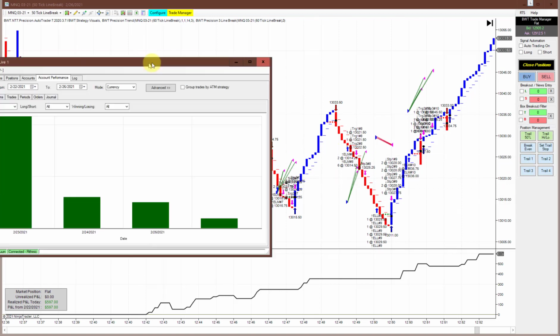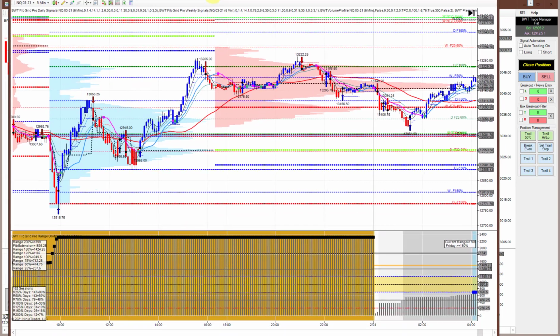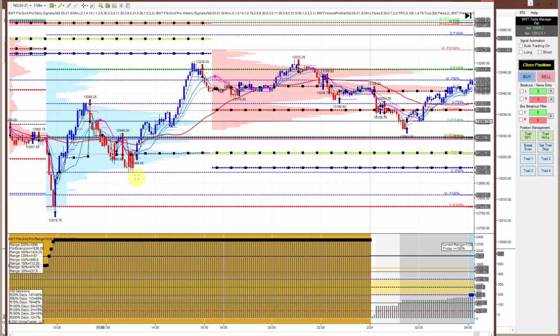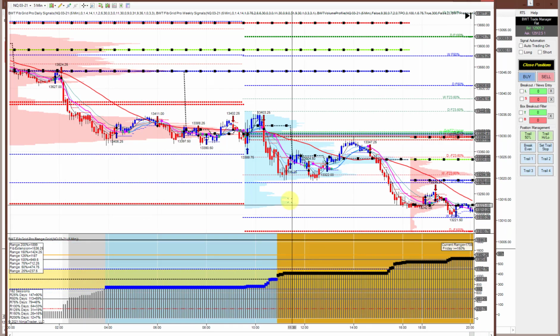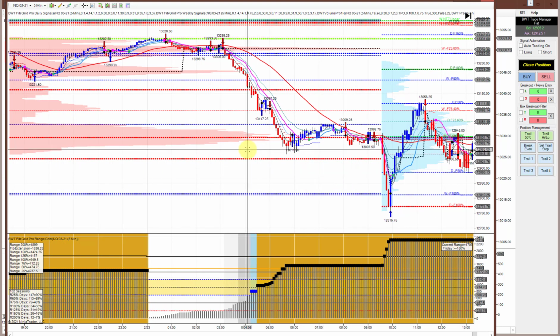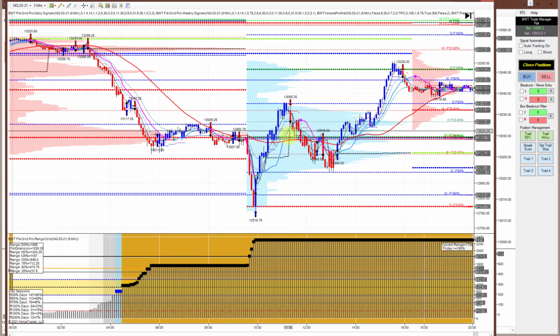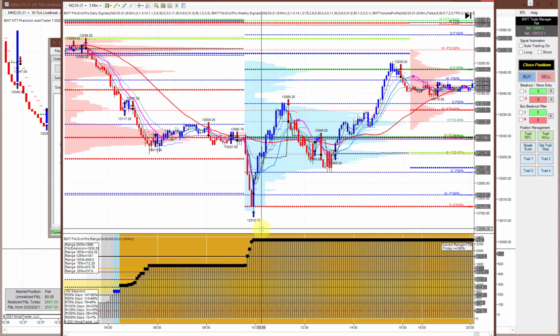But back to my Leeloo account for a second here. So this was on the 23rd, and on the 23rd we had this huge volatility. This is the 24th, and I think this is the 23rd here. All right, so this day here is the 23rd, and this was this huge volatility. And on this day, I had a $2,100 profit in my Leeloo account, and the way I did it is